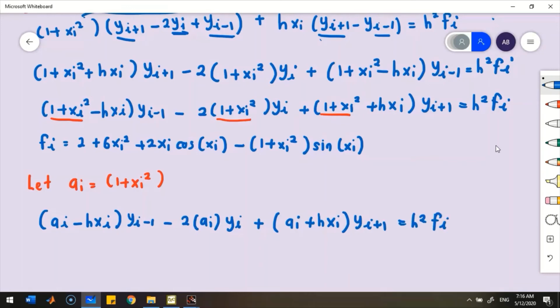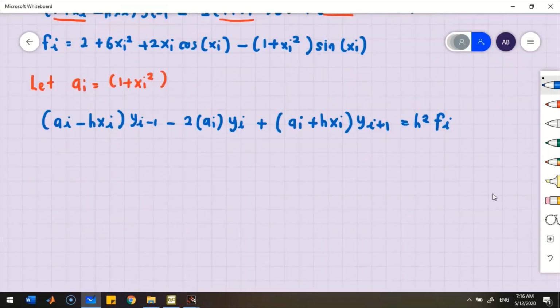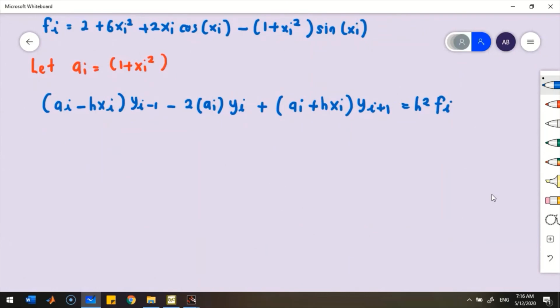I've changed this to 1 plus xi. Trust me, there's a reason to do this. We want to make sure our system looks as simple as possible, not too complicated, not too many variables. So if this is true, I can write my